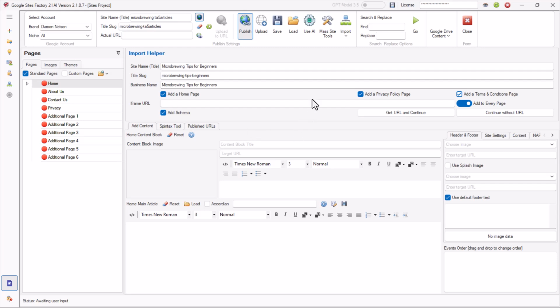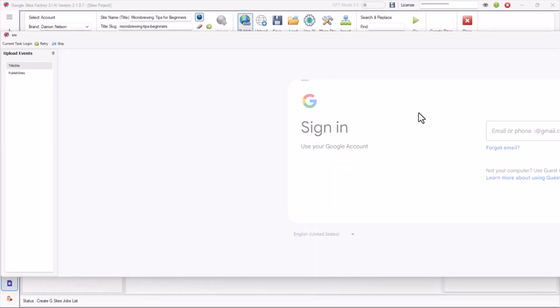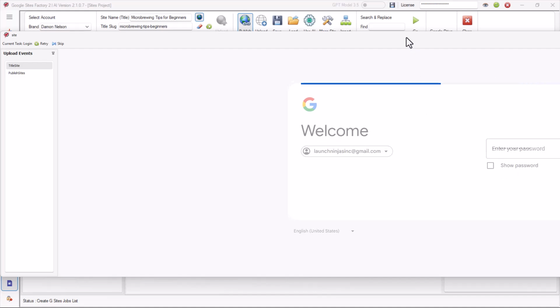Okay. Now, here is a big deal: you want to push this button, not this one, because we need a URL to get started with. So this is actually going to go out and build your Google site for you. Now, you're going to see this up here.